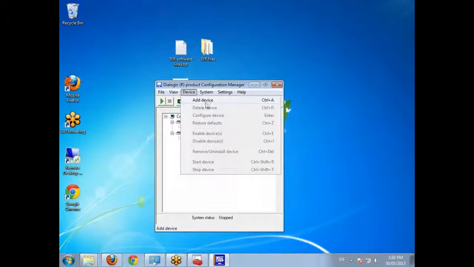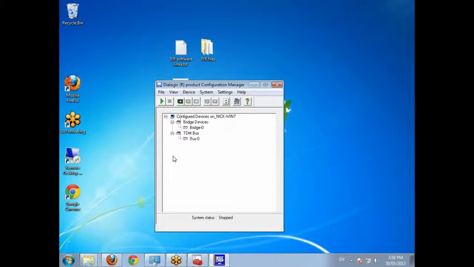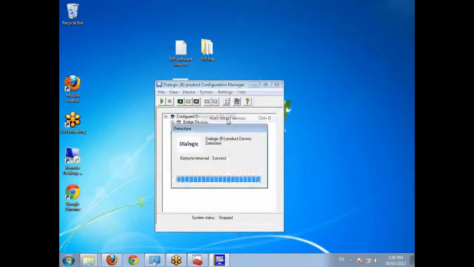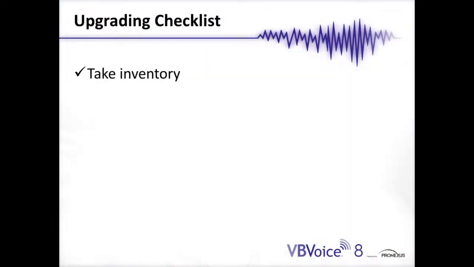We never want to add the device manually. This should always come up automatically. If it does not come up automatically, there is a problem. So after we've done our upgrade,